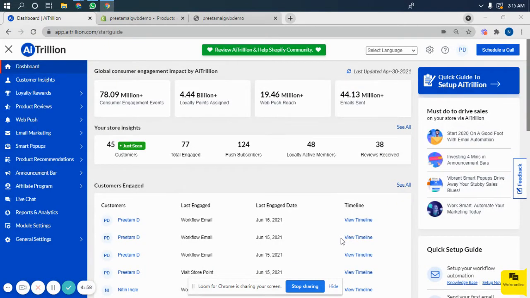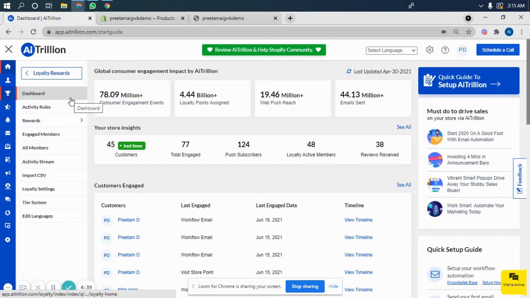Hi, today I'm going to teach you how you can use AiTrillion to create a free product reward on your Shopify store for customers who can exchange a certain number of points for a free reward. To do this, log into AiTrillion, go to Loyalty Rewards, then to Rewards, and then to the free product reward